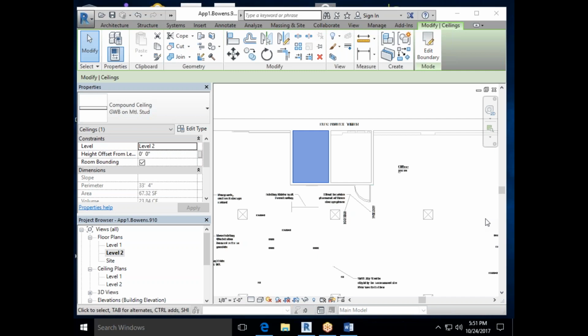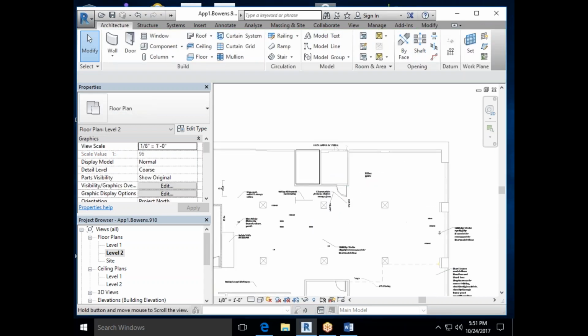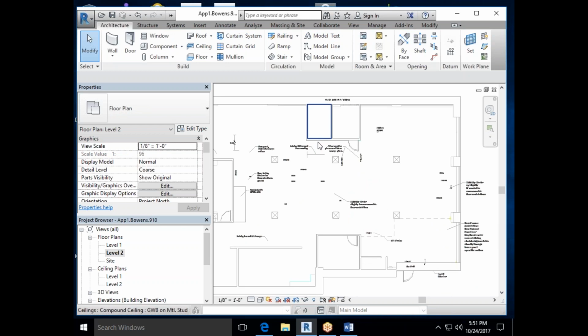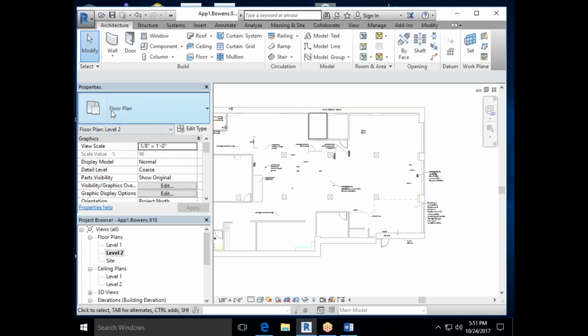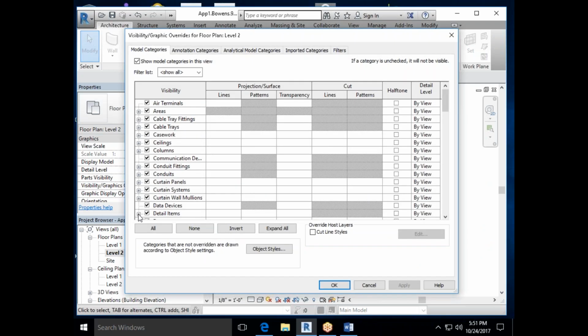They're just moving a plane, just like in SketchUp. We're just moving something in space and we're controlling it with layers. The availability and usability of that is contingent upon its layer, and that's all you really need to know. So if you put it on level 2, you need to be on level 2 to edit it, okay? So if we were having issues, we put it on level 2, and we were still having issues maybe finding it, or we just wanted to know which ones we did which way, we could go into our level 2 floor plan, which is pulled up right now, and under visibility and graphics, we could change our ceilings to have